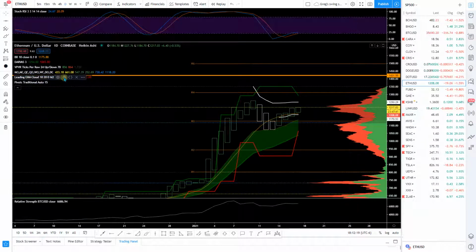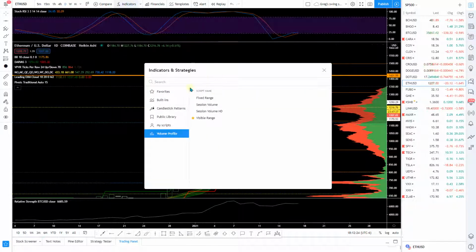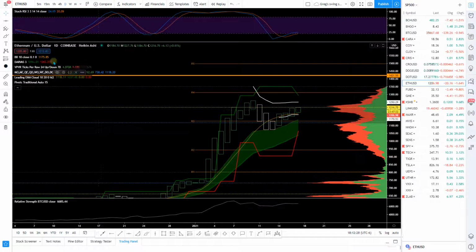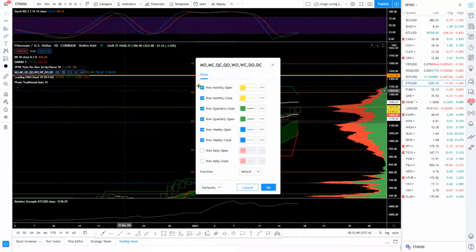Okay, so the next thing I like is this EMA Cloud. All this stuff can be found under indicators for free with TradingView. Just to have this many, though, you've got to have the upgraded version, because you can only use, I think, 5 on the free one, 5 on the basic one that you pay like $15 a month for, and then the $30 a month one you can have up to 10, which is, if you have more than 10 indicators, it's probably too many. But the next one I love is